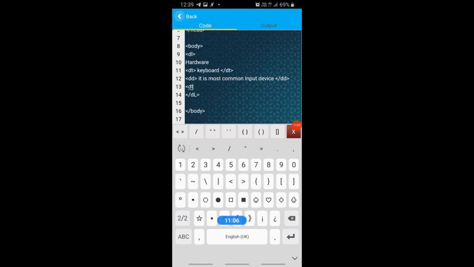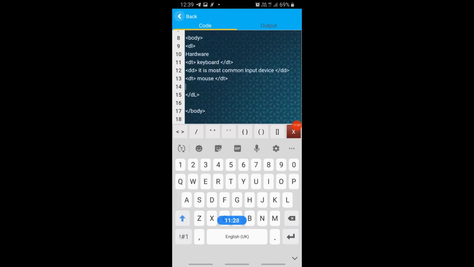Here I'm going to take mouse. Then close it. Now the description.